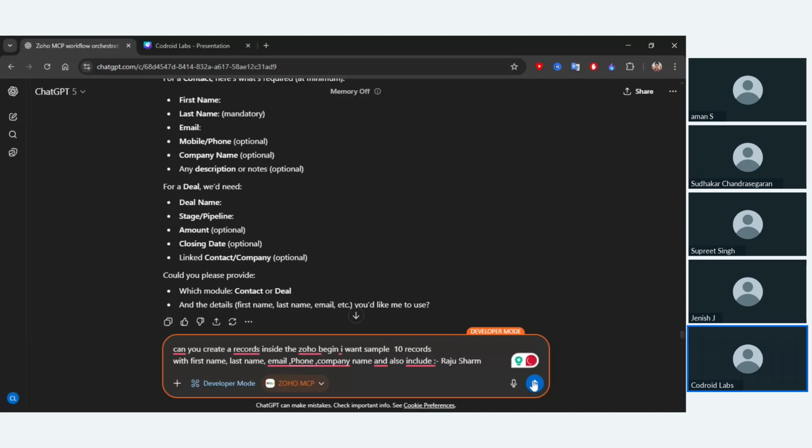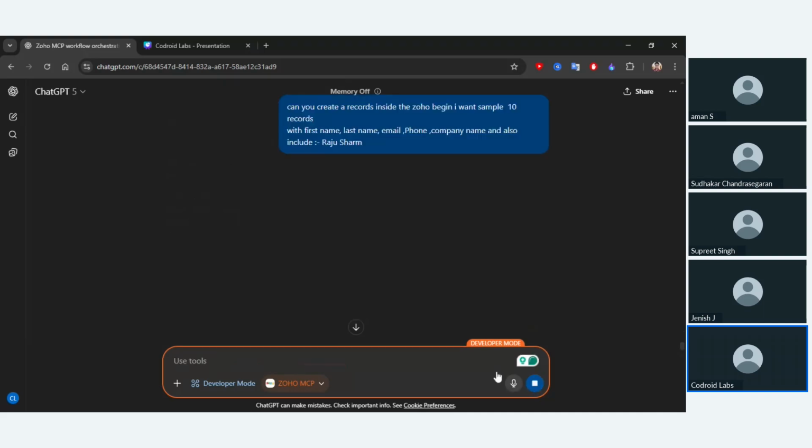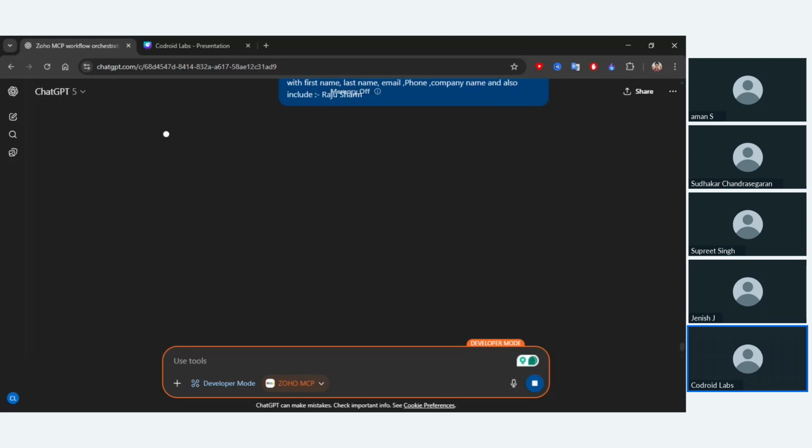When I click the enter button, what exactly is happening here? With this MCP, first of all, the ChatGPT LLM model analyzes what exactly the prompt is. After that, it calls the tool. The tool is basically Zoho MCP.